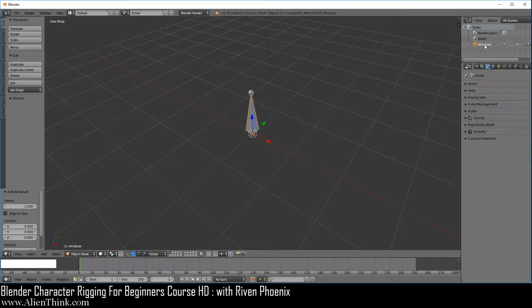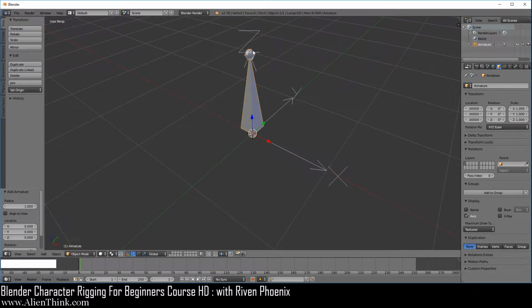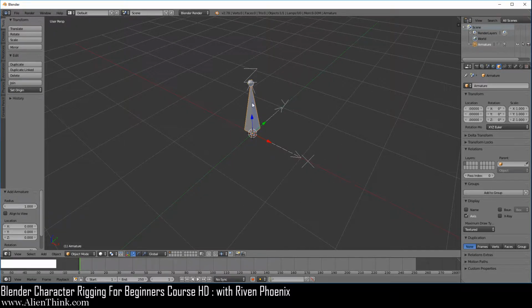So this is the armature. Right now, it's in object mode, so this is at the object level. Notice the world axis over here, we see the y-axis, the x-axis, and the z-axis. Now, if you go to the Object tab and enable the axis, you can see that what we're seeing is the axis for the armature. It's a local axis. So right now, it's going to match perfectly where the world axis is because this is how Blender adds objects to your 3D scene.